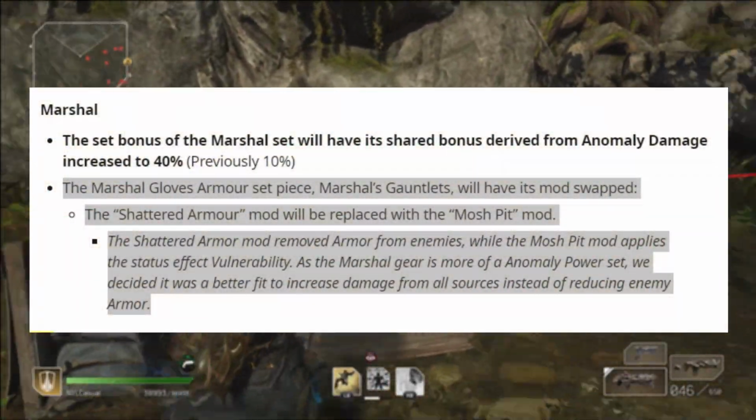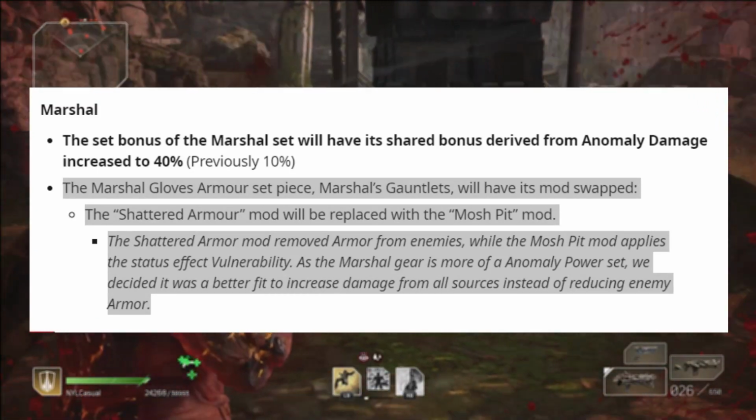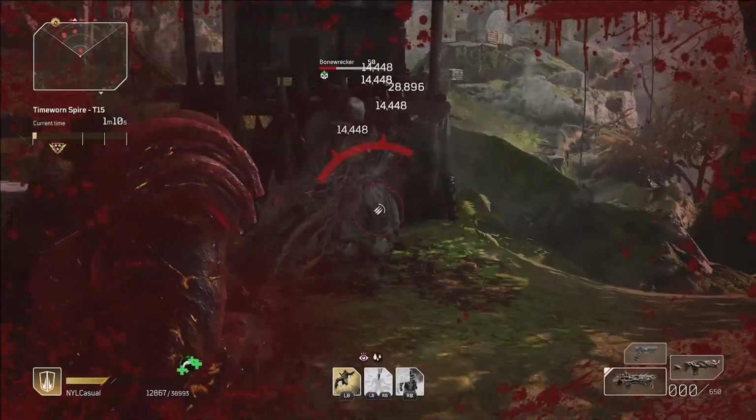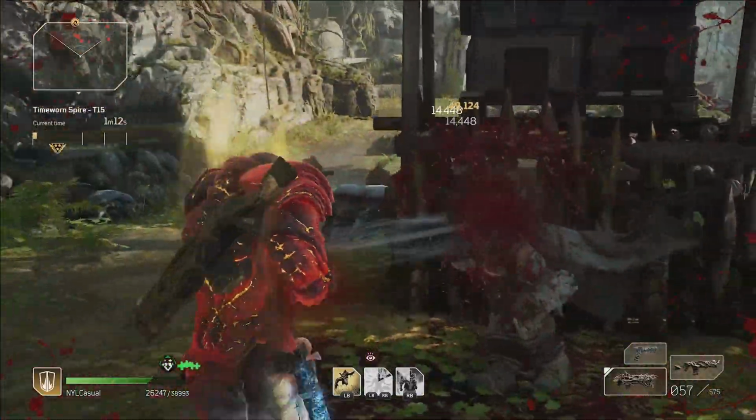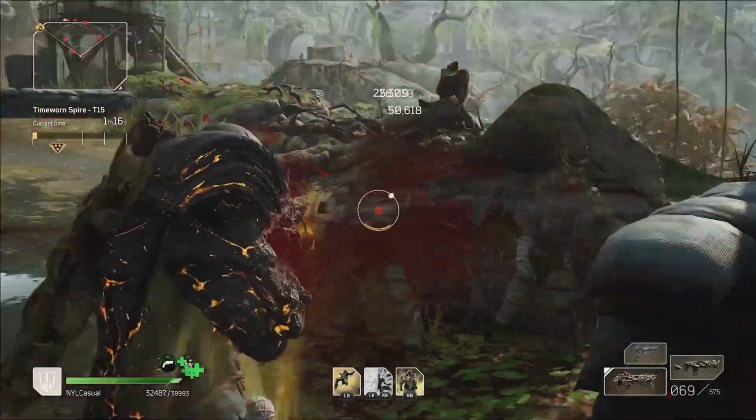Shattered Armor, which removes armor from enemies, will be removed from the gauntlets of this set and be replaced by Mosh Pit, which applies vulnerability. This is a straight buff to damage, as armor is only relevant for firepower builds, while vulnerability works for all